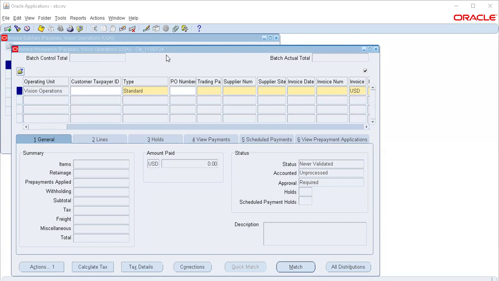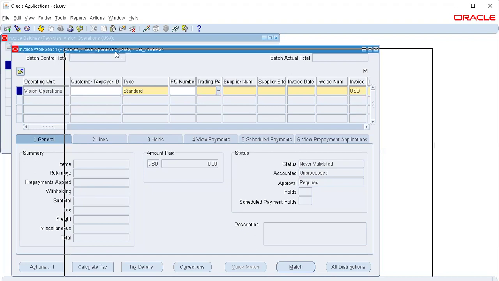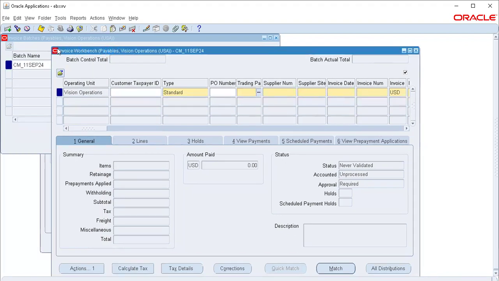So under the invoice workbench, I trust that you may be knowing how to navigate to the invoice workbench. This is what we call the invoice workbench. On this, we have different types of invoices that you can create, or types of document you can create. And one of these types of documents is the credit memo. So if you come here under the type column and you click on the LOV, that is list of values,